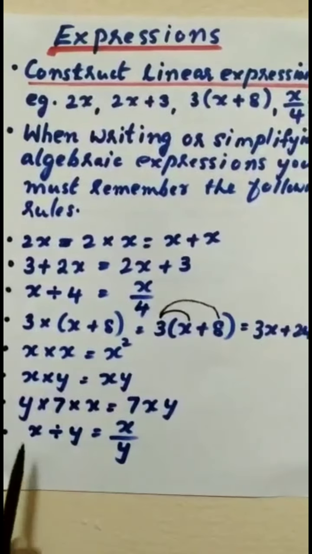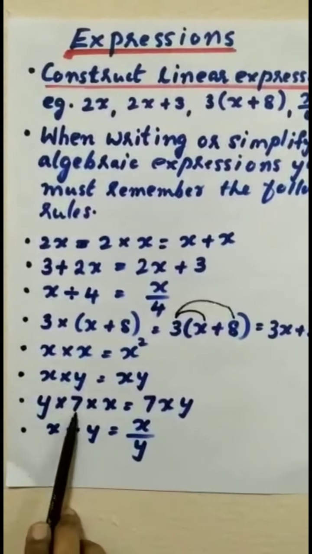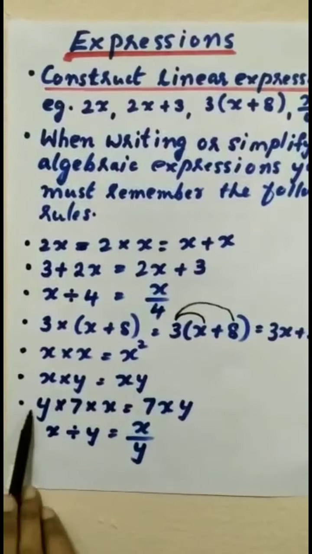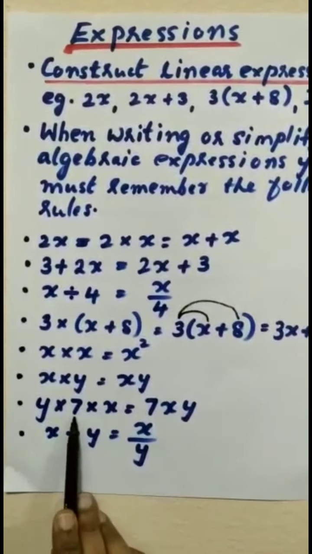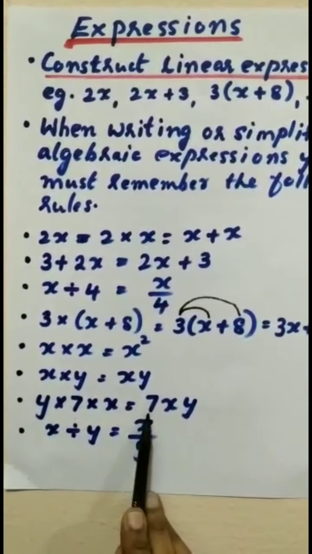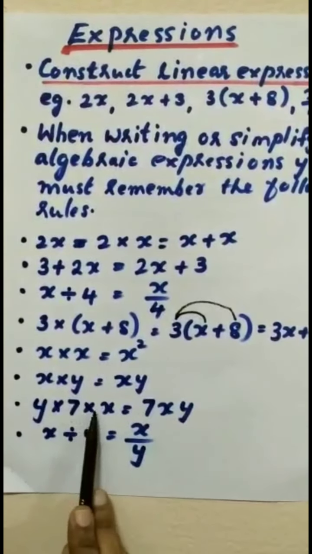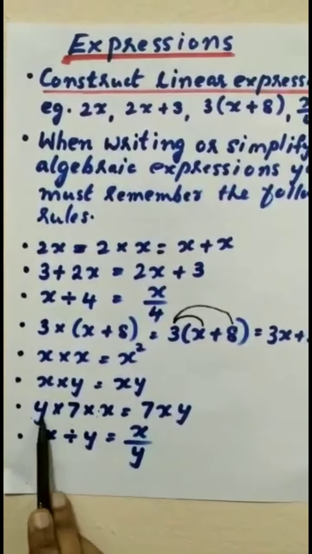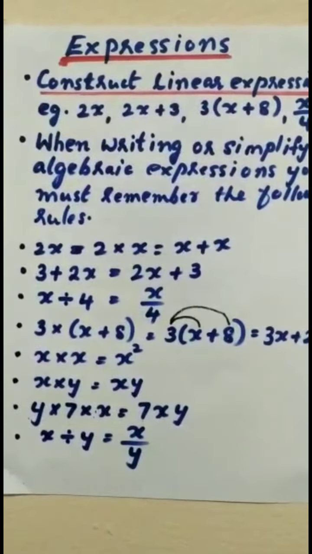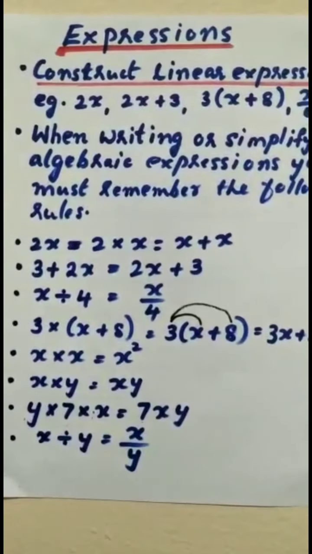Second last example, y multiply 7 multiply x. Two different variables and a constant. So here 1y, 1x, multiplied with the 7, it becomes 7 only. The constant when multiplied is 7 only. Here 1, here 1, and all the constants when you multiply, it is 7 only, and both the variables together. So 7xy, it means 7 into x into y.